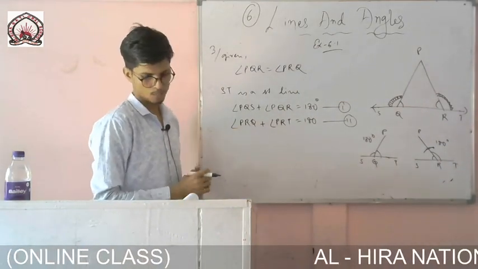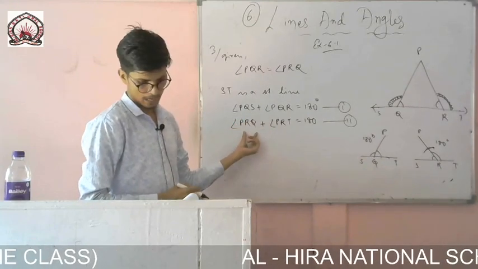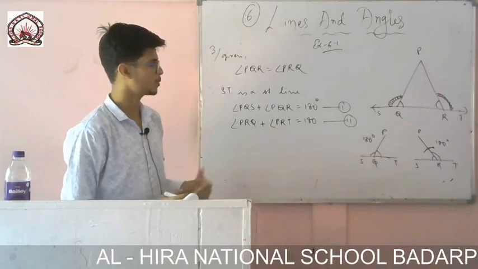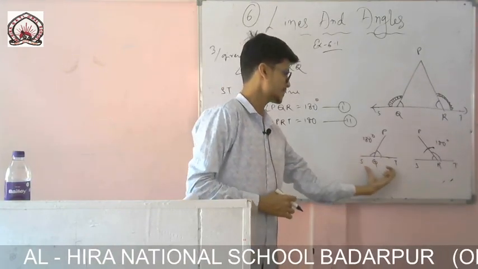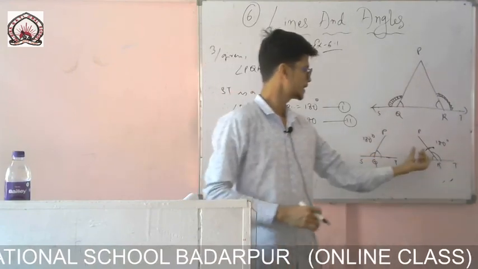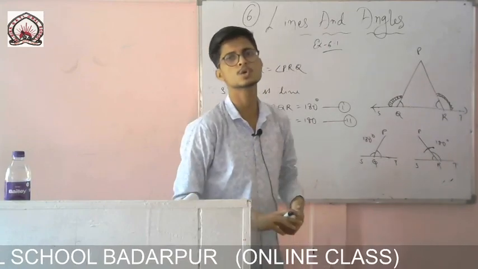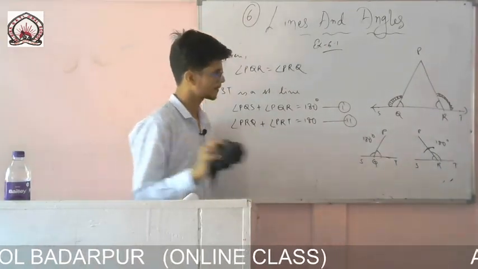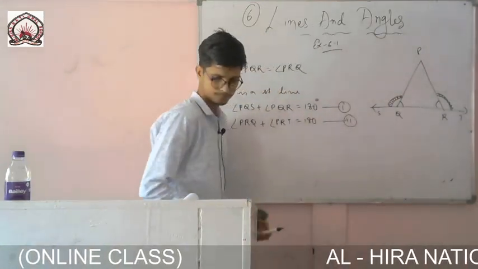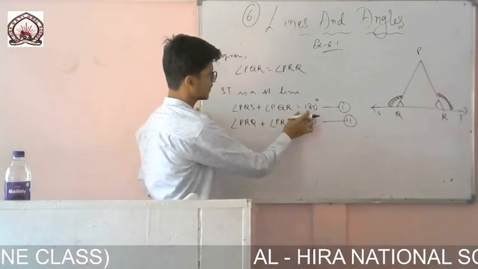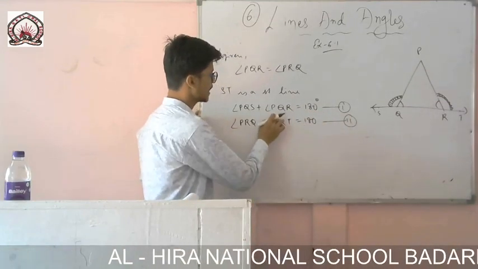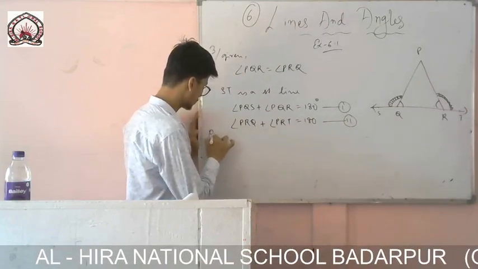PQS plus PQR is equal to 180. PRQ plus PRT is equal to 180 degrees. What I have written from there? This one is a straight line I have taken. This angle plus that angle is equal to 180 degrees. So now from both, this one also sum is 180, that one also sum is 180, that means both these are equal. So from equation 1 and 2 I can write